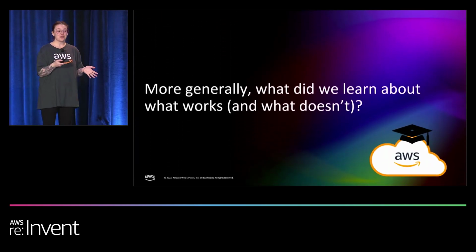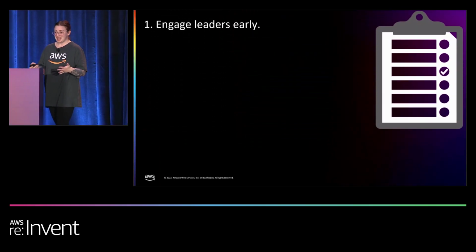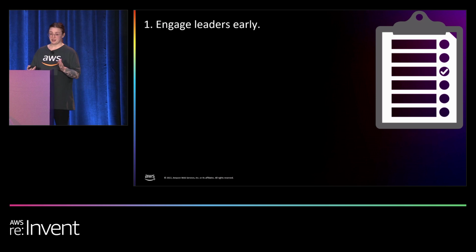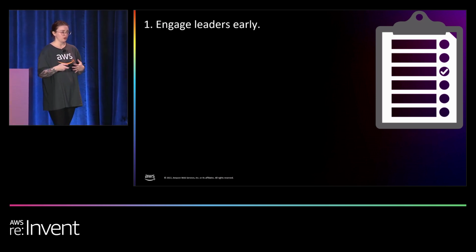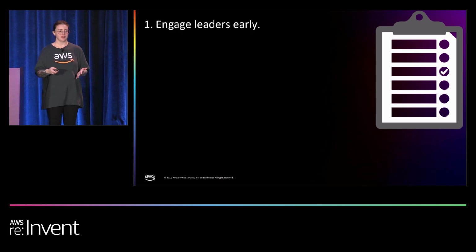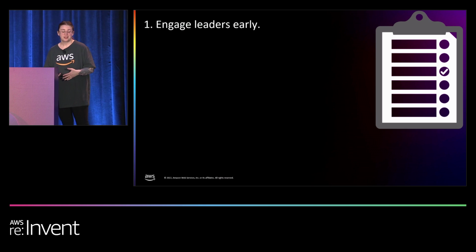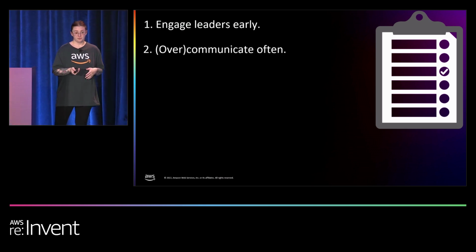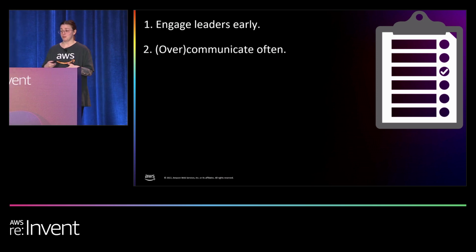More generally, what did we learn about what works and what didn't work? So the first, engage our leaders early, right? So we know that Ghostbusters is a senior group, and we're kind of leading with that from the security side. But on the service team side, so on the folks that own those pieces like EC2, engaging them early was the right call. Two, we know that we have to over-communicate,